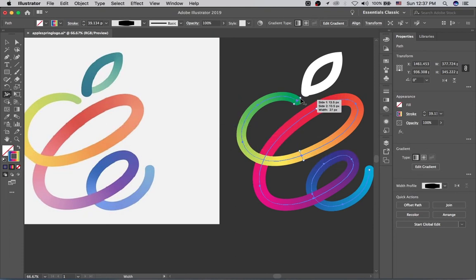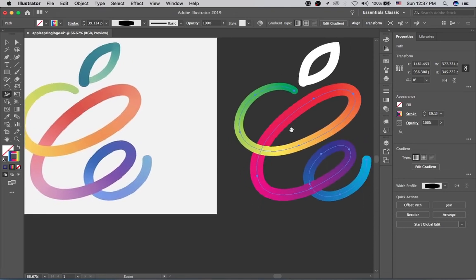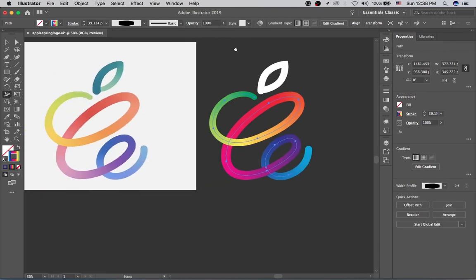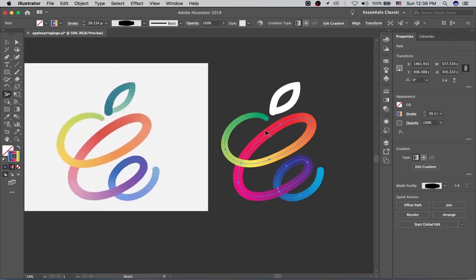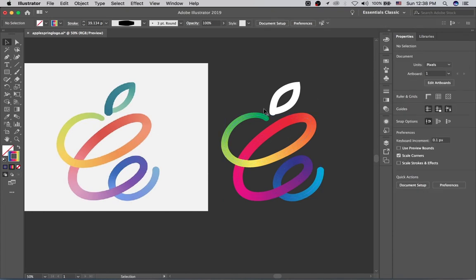All right. So I'm basically eyeballing it here, guys. You can always bring the design back over to the original and adjust the weight right there. But as I said, remember the goal of this tutorial is not perfection,